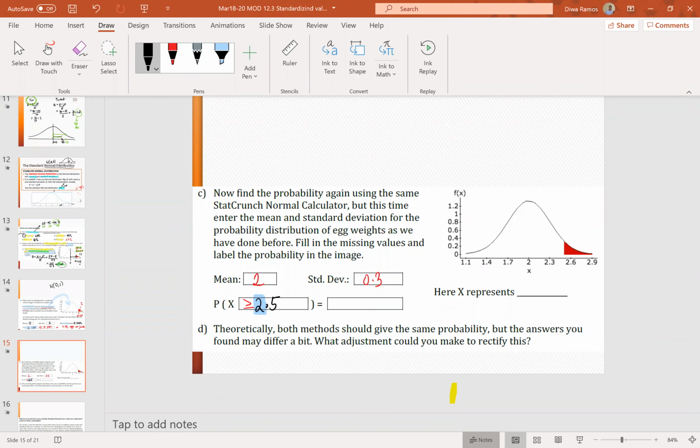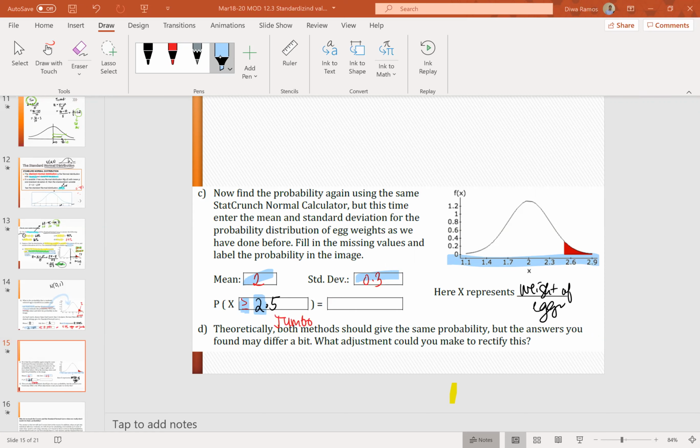Well, in here, X represents the weight of the eggs. They're not standard deviations or z-scores. They're the actual weights of the eggs. So the mean of the egg is 2. The standard deviation of the eggs is 0.3. We want to know what percent are the jumbo eggs if they measure 2.5 ounces or higher. So, or higher. Okay, so let me switch back to StatCrunch,